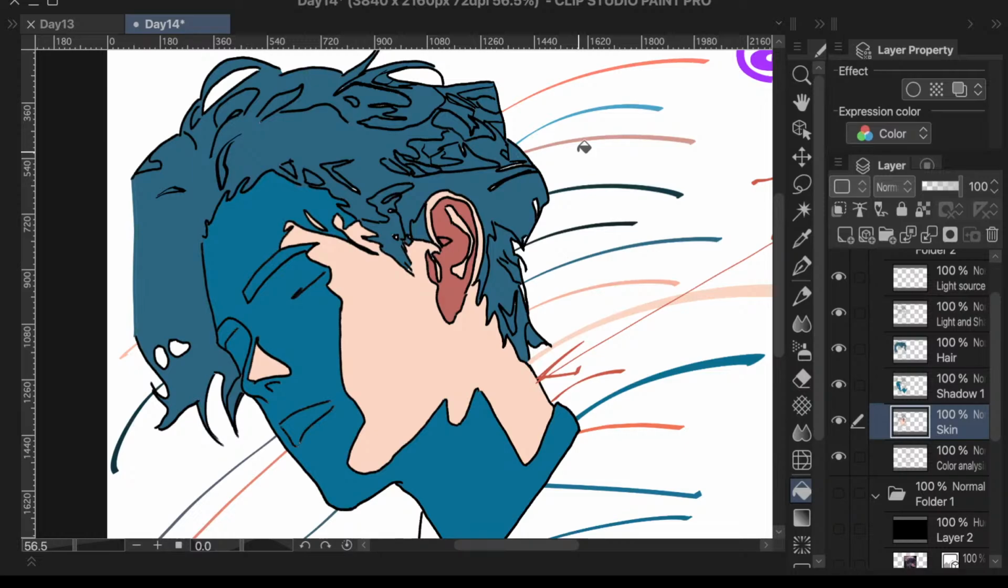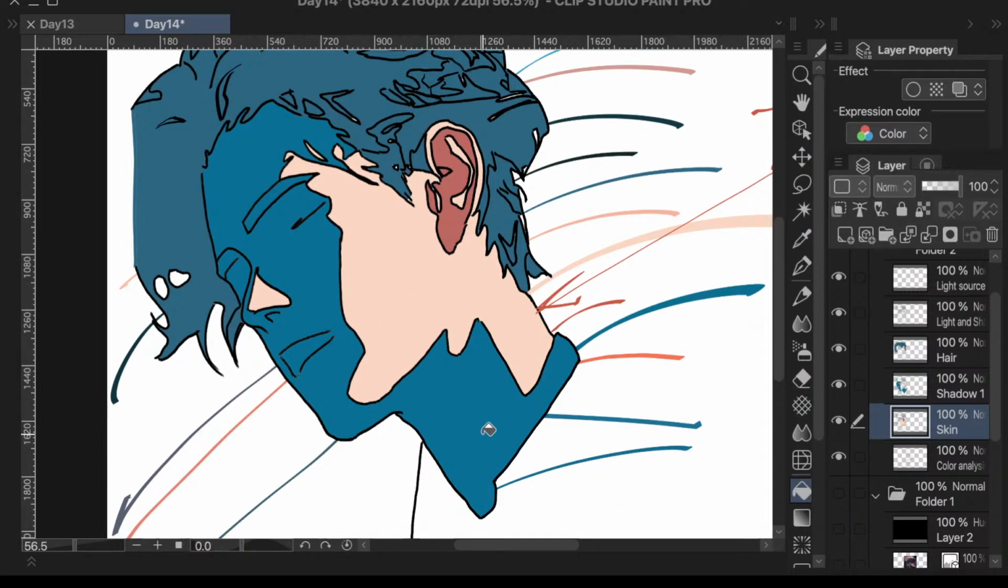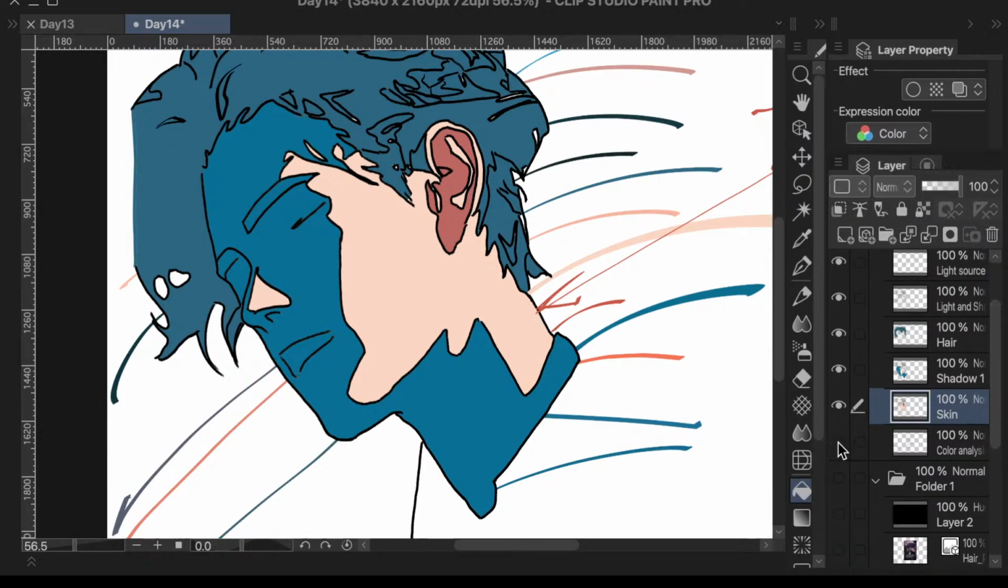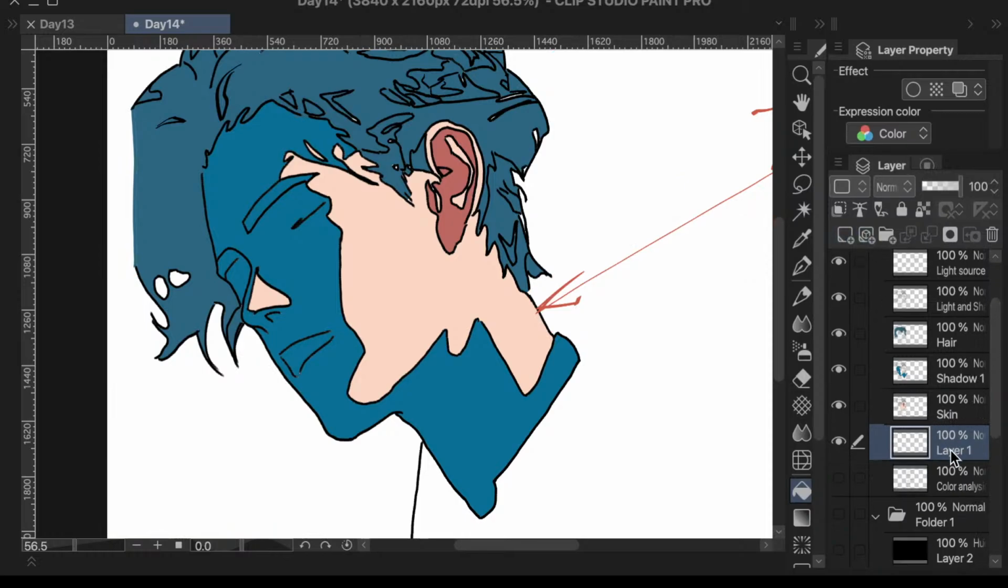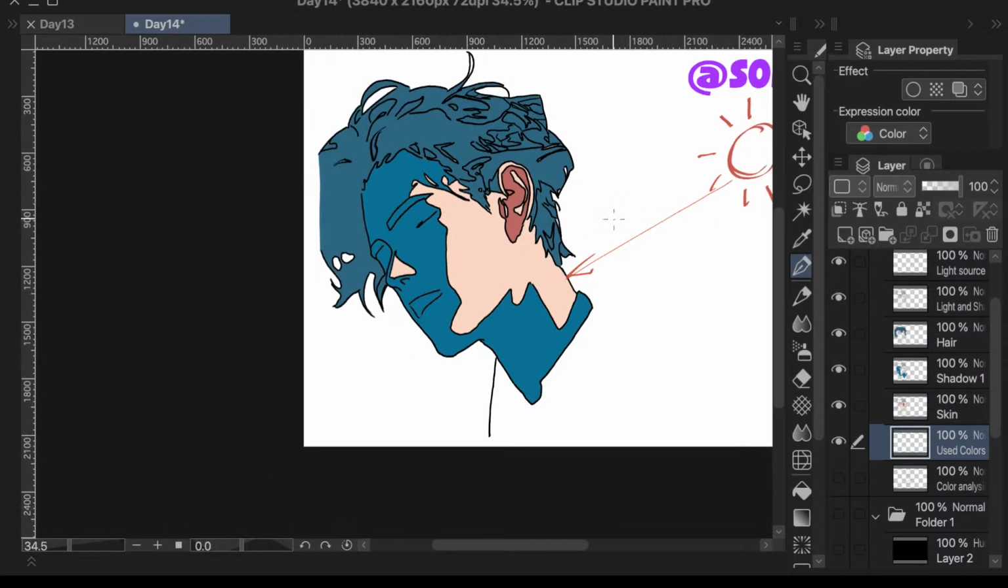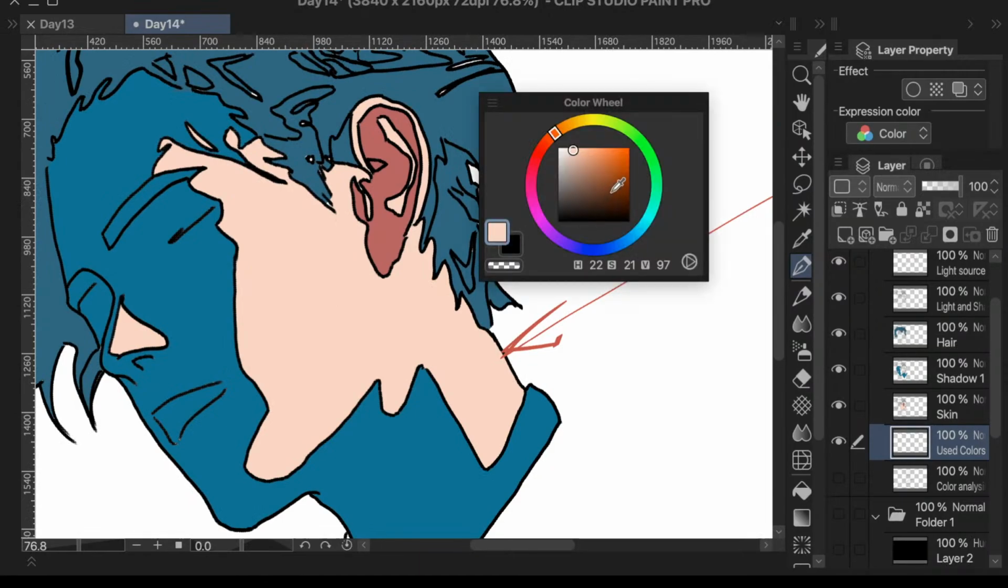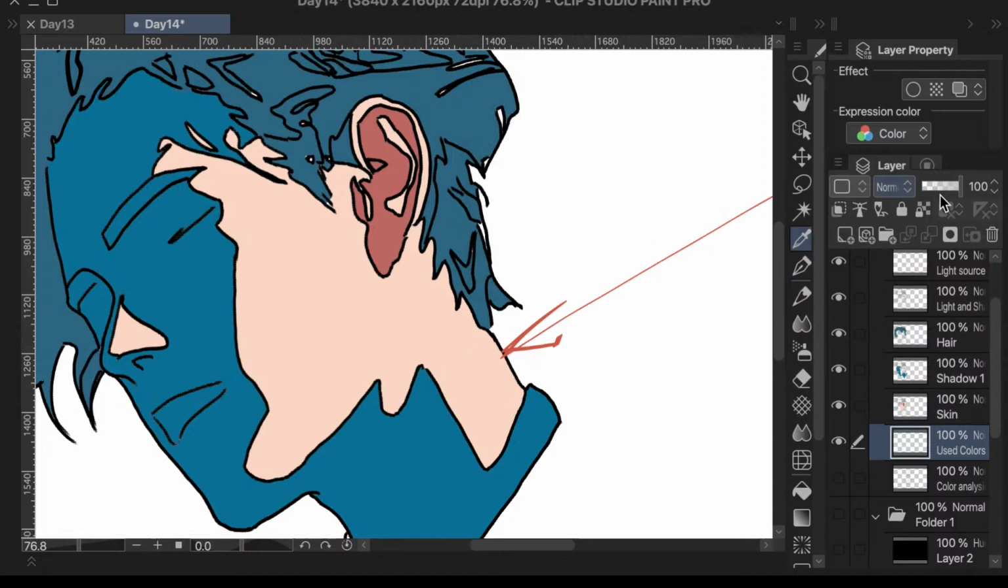Here's a breakdown of the base colors for the hair, the skin, and then the shadows for the ear and for the body. I'm going to take these colors first. I'm going to hide this one. Use colors. See what this color is. Oh, let me switch